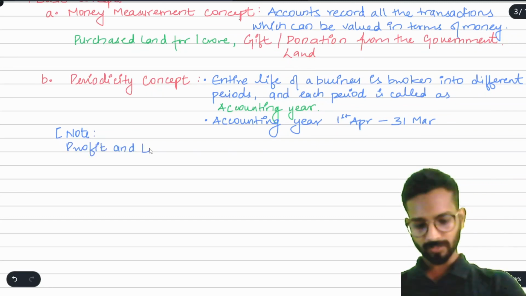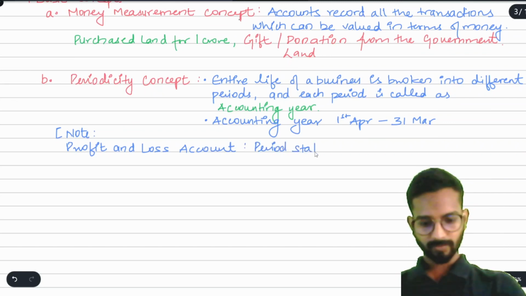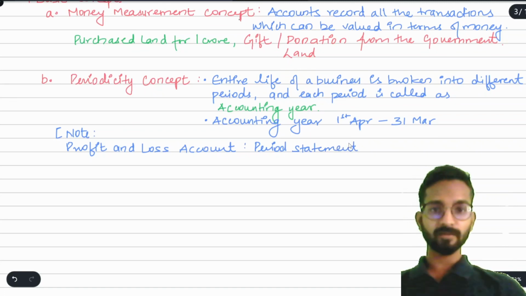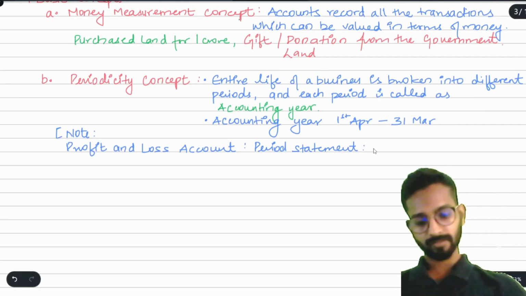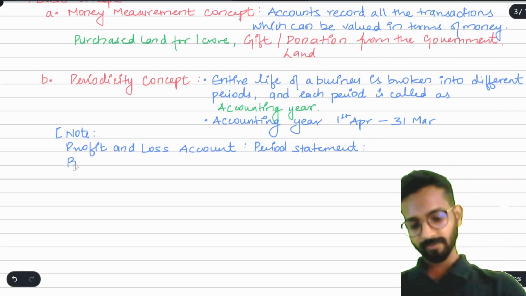Profit and loss account, which is a period statement because it provides the details about income and expenses for a particular year. And another thing we prepare is the balance sheet,